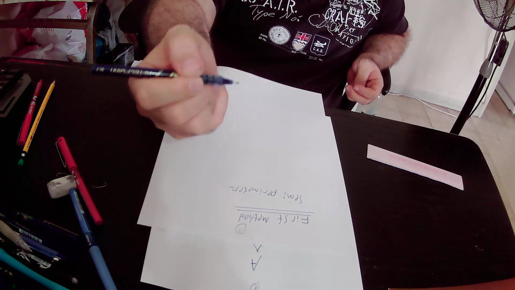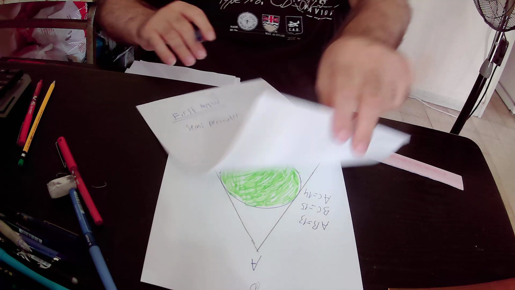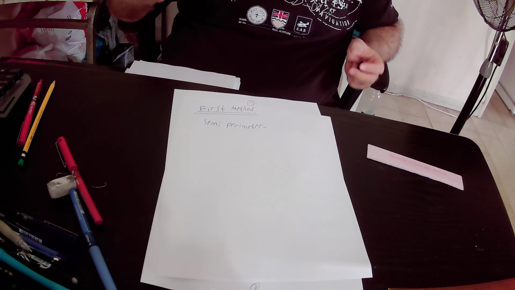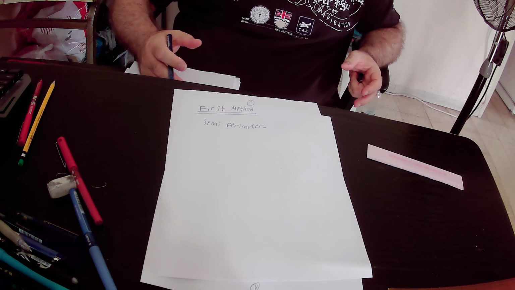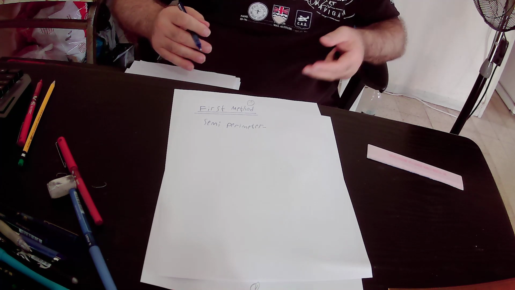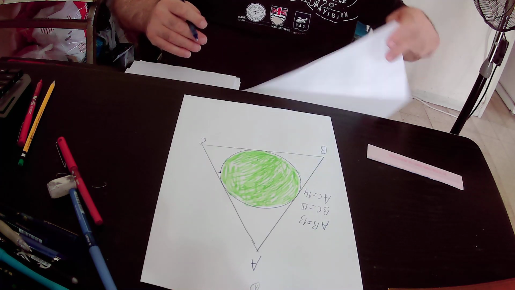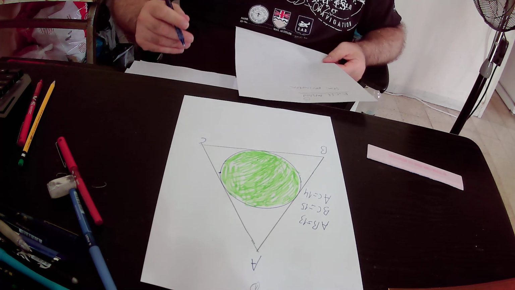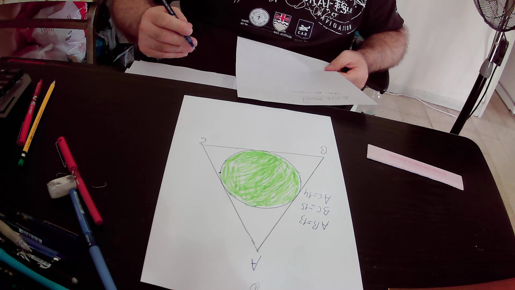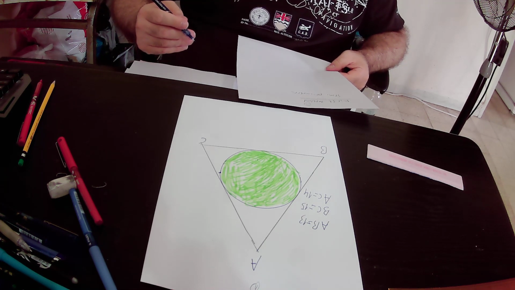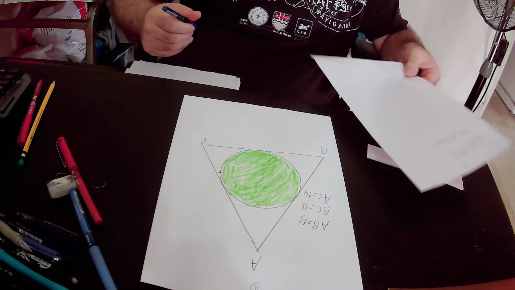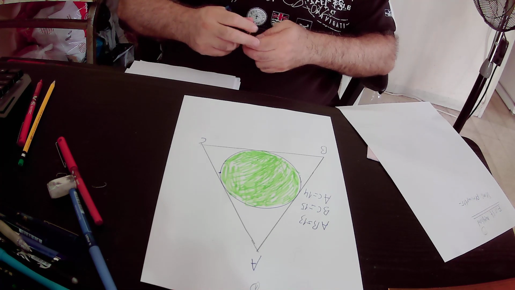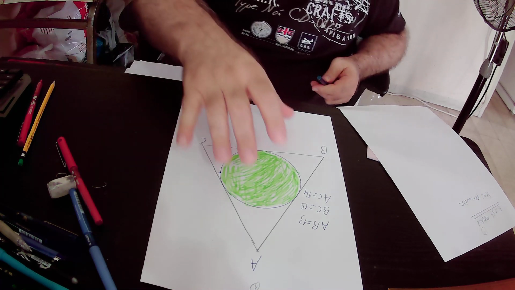The semi-perimeter of a triangle is the perimeter of the triangle divided by 2. So the semi-perimeter of triangle ABC, this triangle,